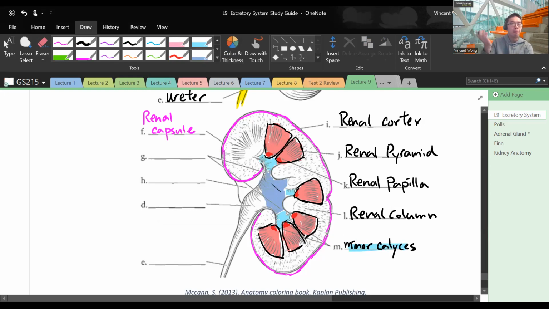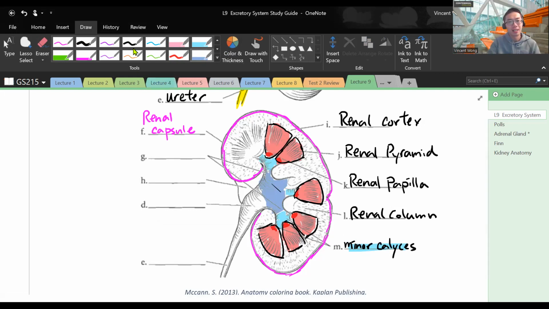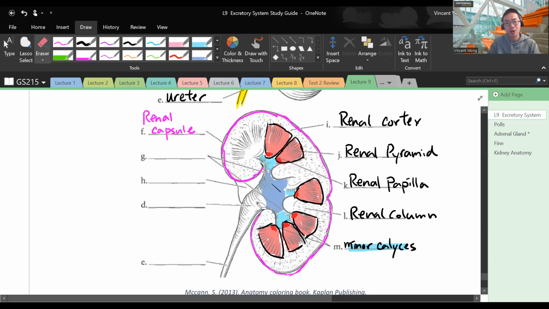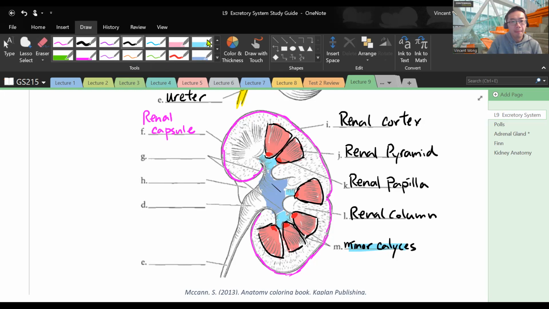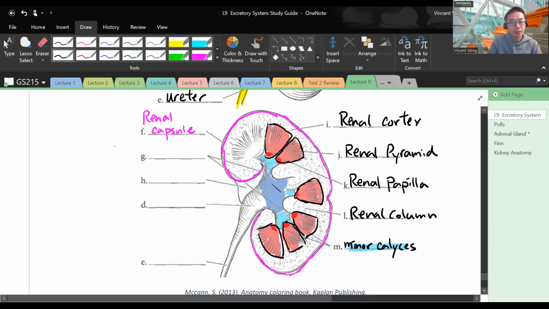Like for me, one way to visualize this is going to the movie theater, right? Like we pay our tickets and then we all start in this bigger area, and then we head into these more narrow corridors that go into the individual auditoriums. I don't know if that makes sense to you, but that's how I visualize it, right? The minor calyces would lead into the individual auditoriums, and then the major one, it's like the bigger area, the bigger atrium. So that is, let me write that out for you, major